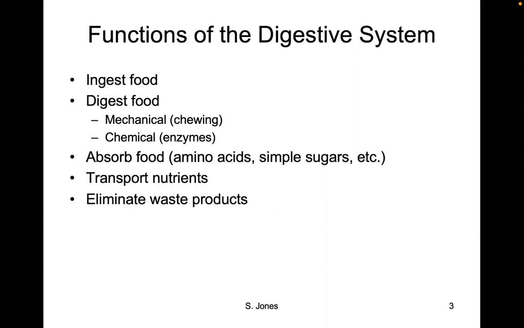Absorption, which is often the second part of the digestive tract, digestion and absorption, is getting those smaller molecules we talked about, amino acids, simple sugars, et cetera, and actually getting those through the wall of your intestines. So as we'll talk about the different structures, we're talking about what we do with food through it. And at some point when we break the food down, we actually have to absorb it into our body. Okay? And that's what absorption is.